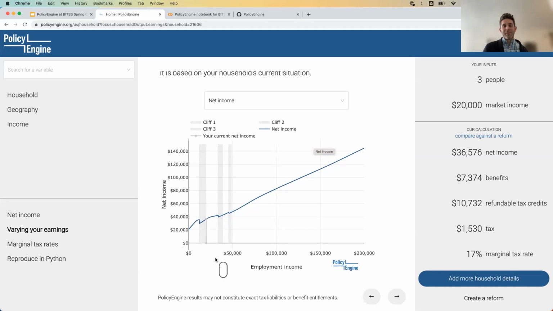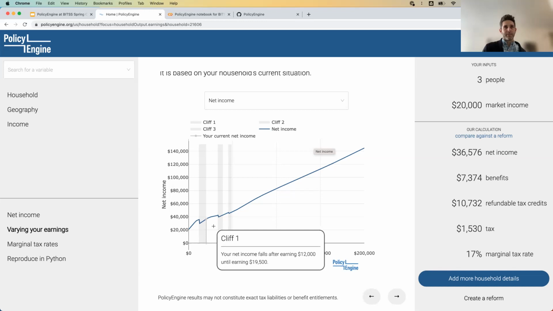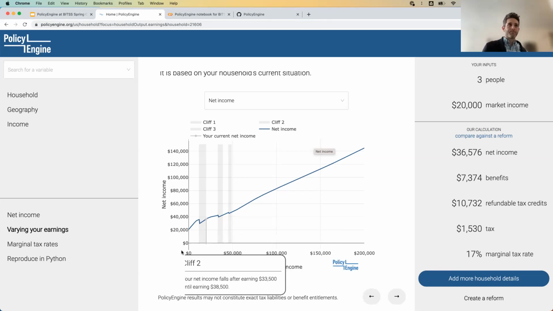Usually you want this to go up and to the right, and it mostly does. But this is the thing I think that we see from being able to model taxes and benefits together. You often have these welfare cliffs. And it's not obvious how you would fix those. I'll talk about that a little bit later. But for example, because I've spent enough time looking at these charts, I can tell you that this is TANF. This is a clip from TANF. This is from SNAP, and this is from reduced price school meals.